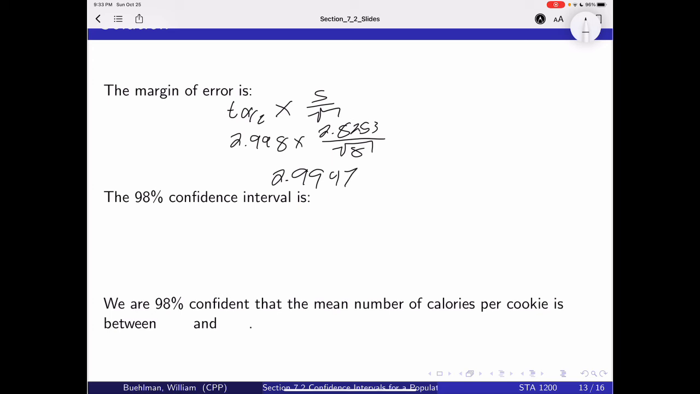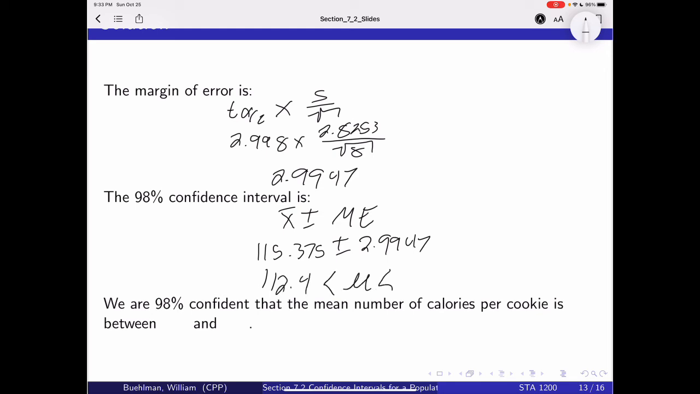So now we have to calculate our confidence interval, which is our sample mean plus or minus our margin of error, which is 115.375 plus or minus 2.9947, which gives us 112.4 is less than mu, which is less than 118.4. So we are 98% confident the mean number of calories per cookie is between 112.4 and